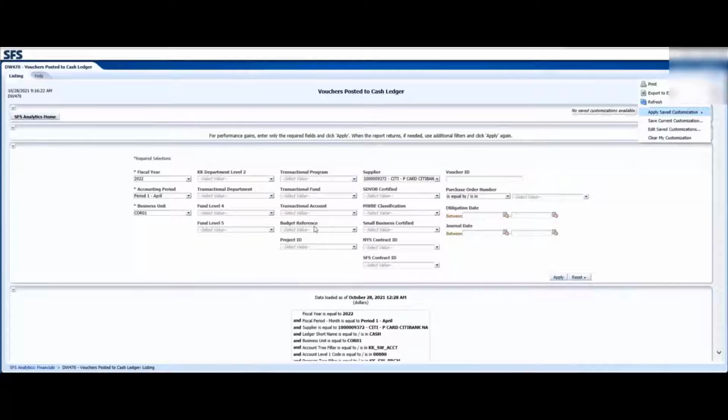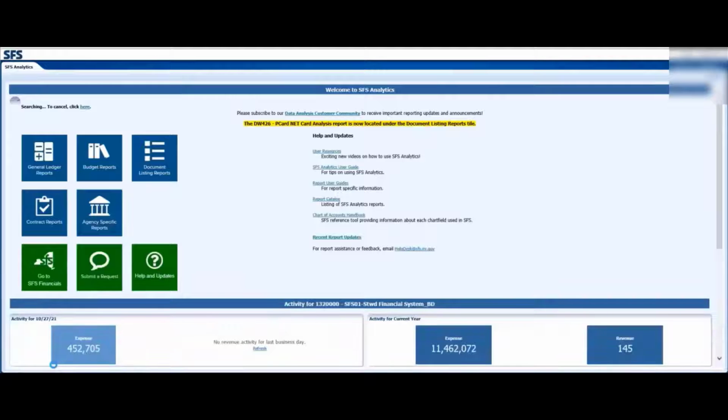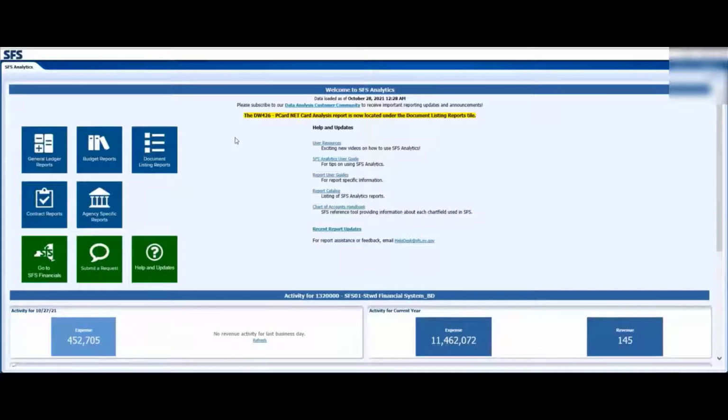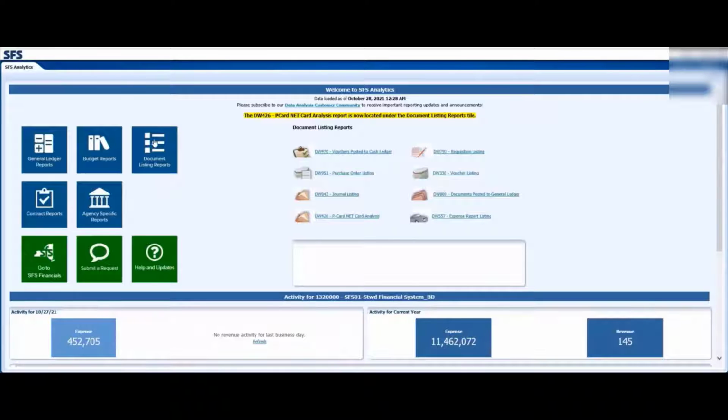So we're going to actually see this in action when I go into the next report, the P card net card analysis report. So the P card report, the 426, is also located under the document listing reports. So we click that tile and you can find it here. So this report's used to sort P card net card information